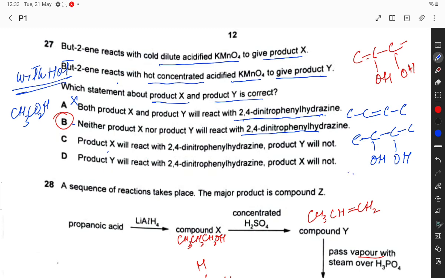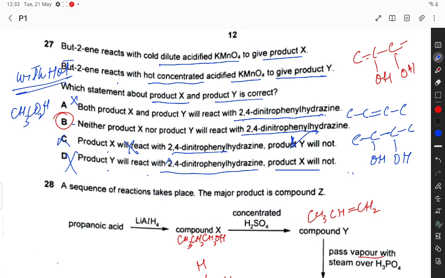No, this is a diol, so it cannot react with 2,4-DNPH, and product Y will not. This is correct, so that's why C is incorrect. Product Y will react with 2,4-dinitrophenylhydrazine, product X. So this is also incorrect. So neither product X nor product Y will react with 2,4-dinitrophenylhydrazine, only